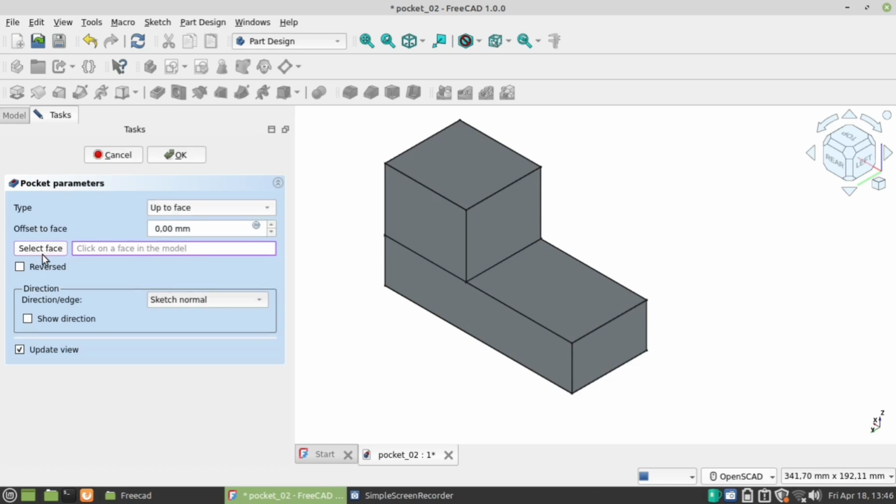After that, you can choose select face to choose face do you want to stop the pocket. I will choose this surface.